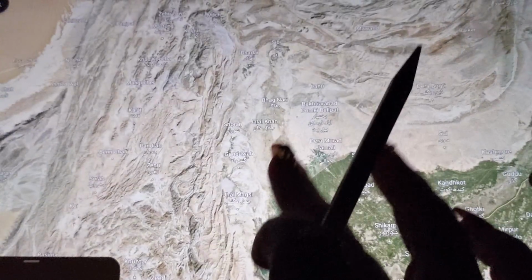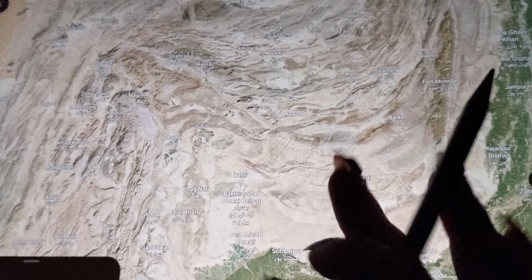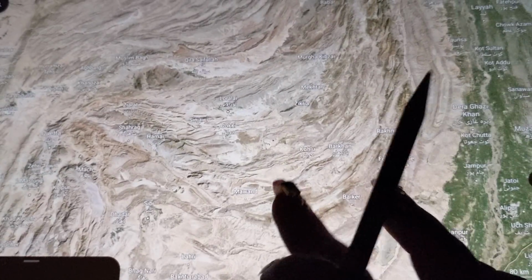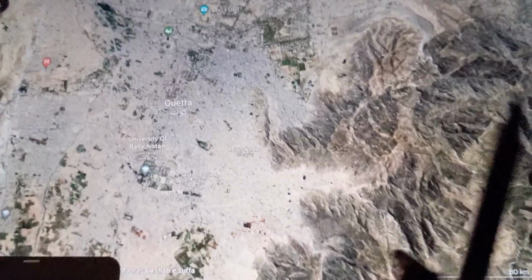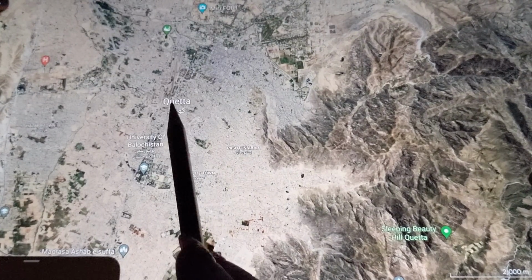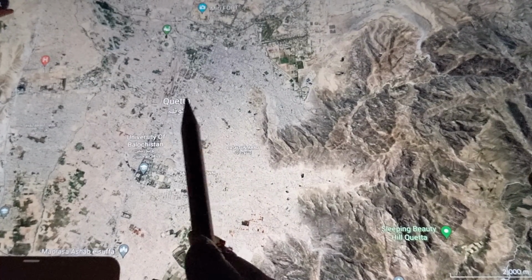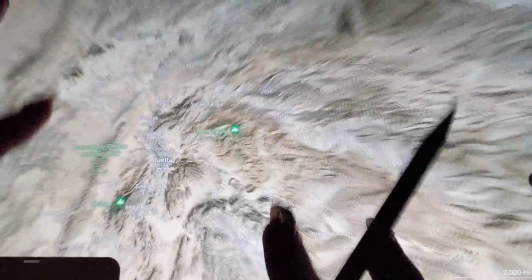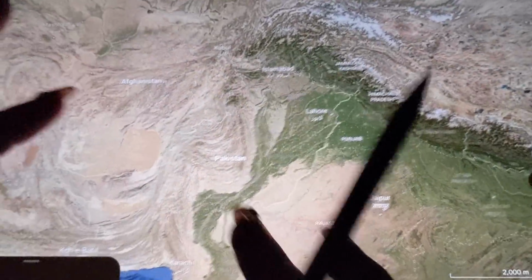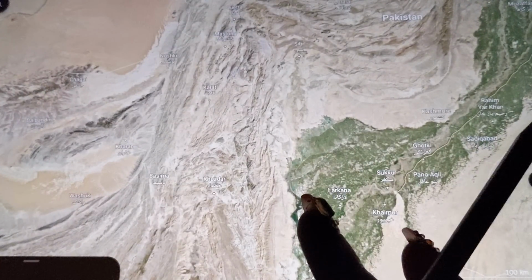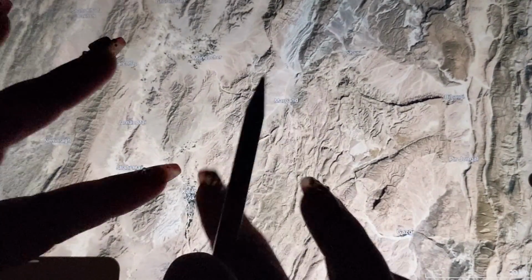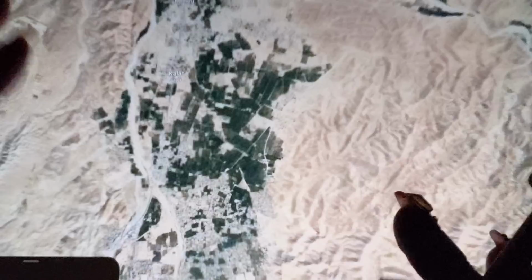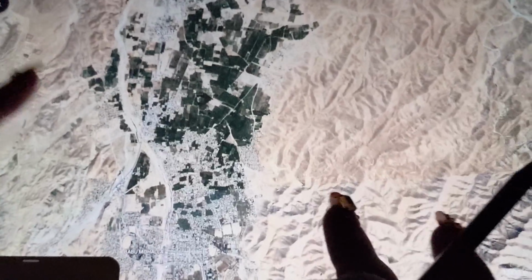Most of these places don't have very good slideshows. They do have slideshows, but most of them are selfies. We can look at Quetta, the capital city, which I believe was made the capital after the partition, because the natural capital would have been Kalat, because Kalat was always the most prominent city throughout Balochistan's history.